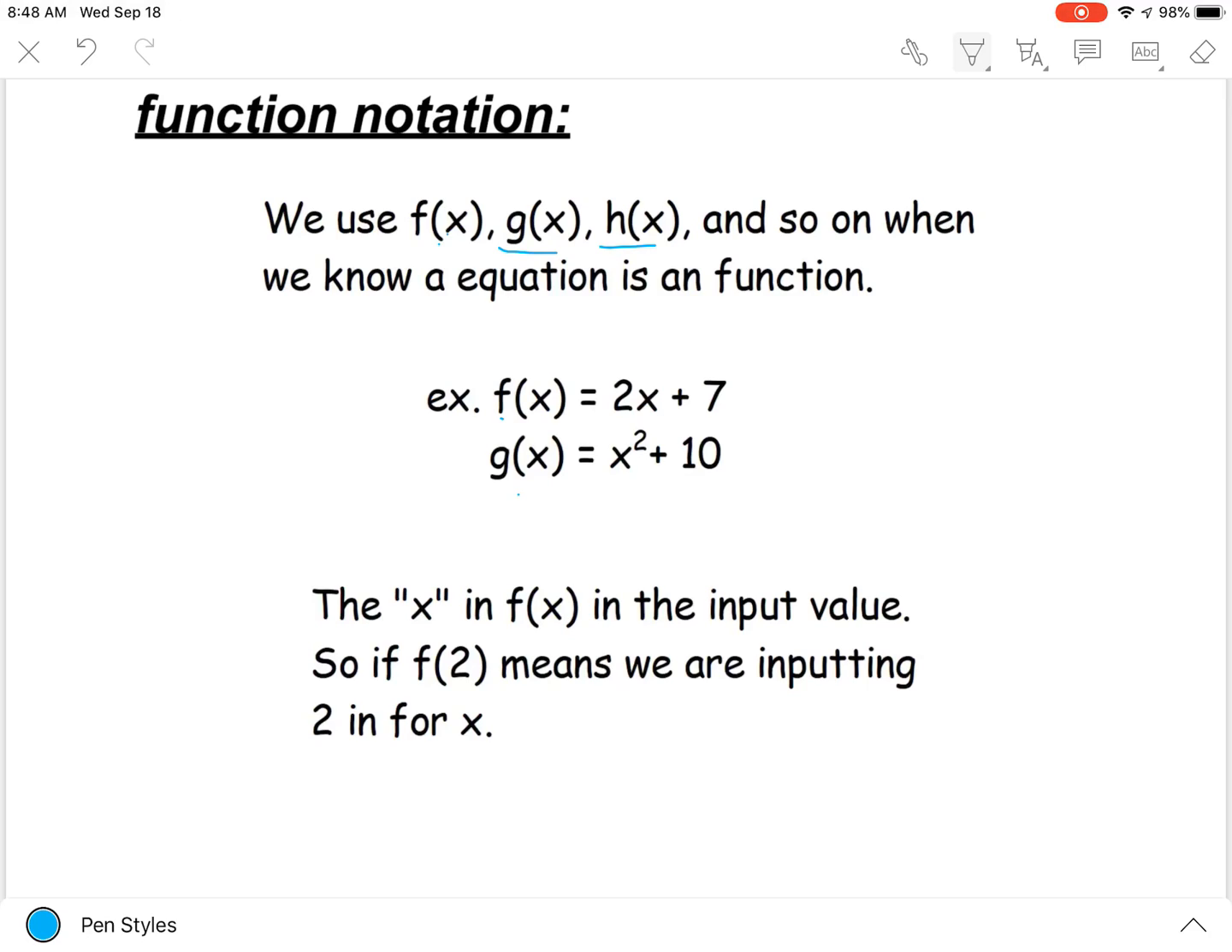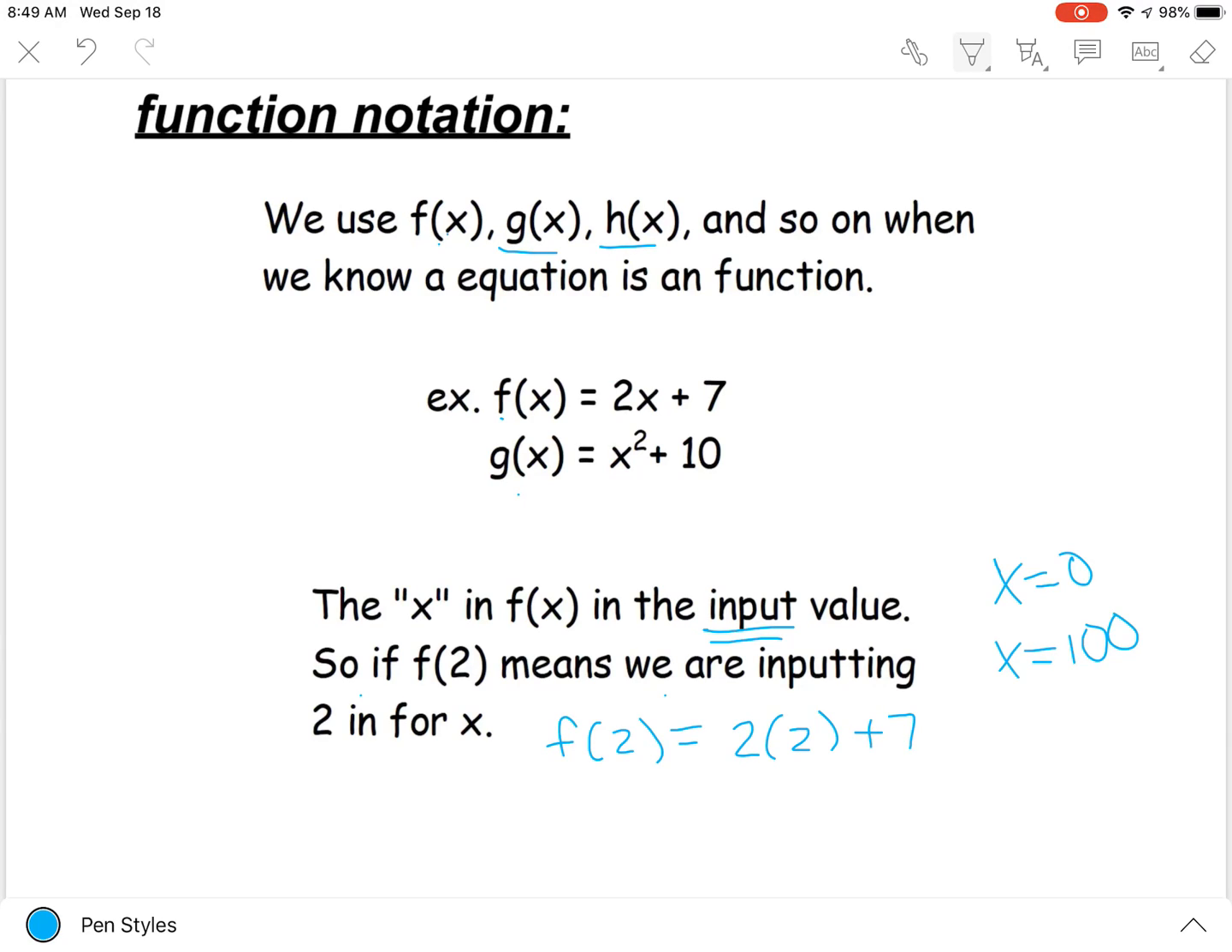The x in f of x is the input value. It represents any possible x you could plug in there. x could be 0, x could be 100. That's why it's just an x. It's just holding that place so we can pick any number we want. So f of 2 means we are inputting 2 for x, plugging 2 in for the x value, and then we would